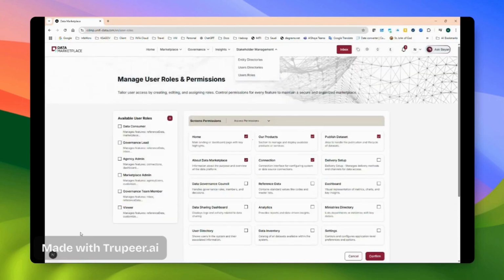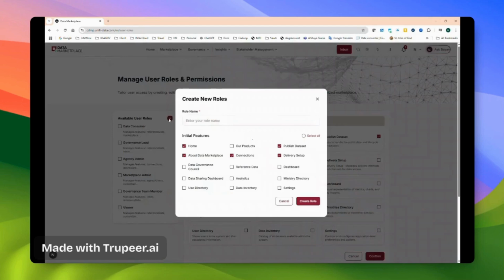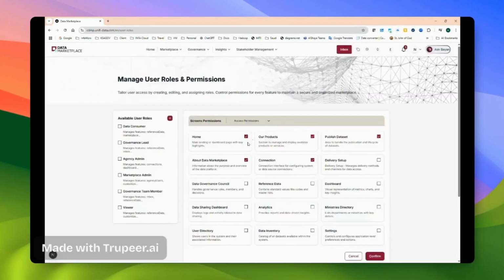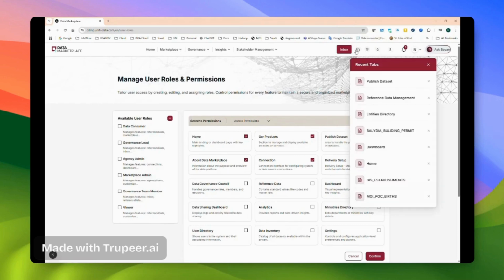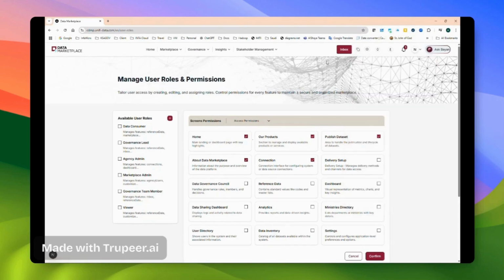Once activated, they can log in and upload a profile picture if they wish. Roles within the marketplace are quite detailed. You can create a new role and specify the options available. After creating the role, assign permissions for viewing, creating, updating, or deleting pages. Standard roles are available, but custom roles can also be created. A key feature is the Reset tab, which allows users to return to the last page they worked on as